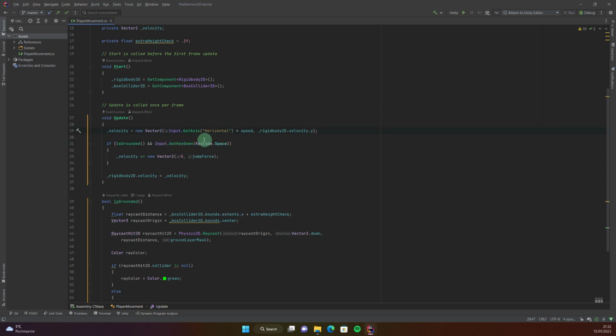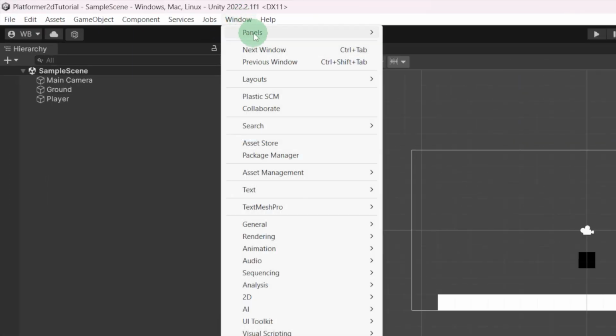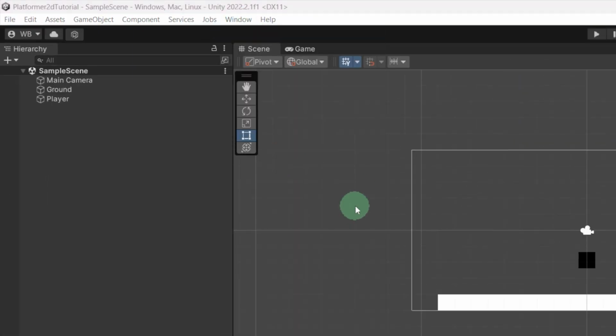So in that way you can make it work with many different devices providing input, like for example touchscreen or virtual joystick or keyboard or gamepad. So we'll start with that. So actually the input system is a separate package that we have to add to our project. So go to Window, Package Manager,